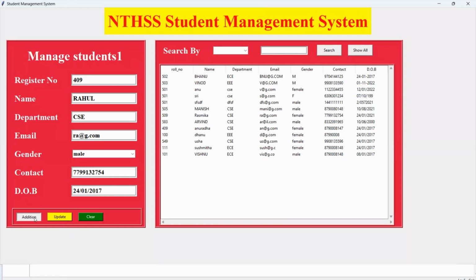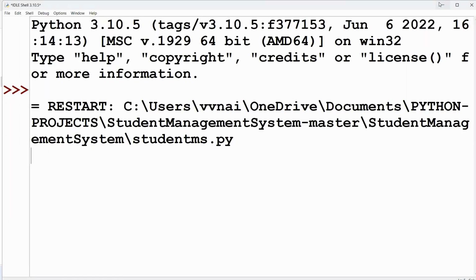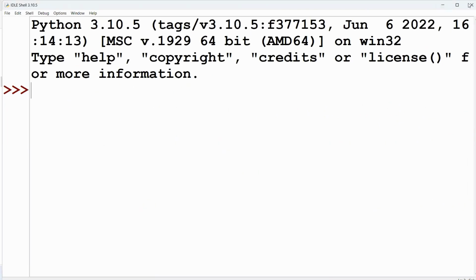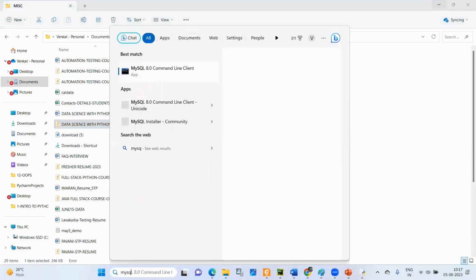Okay. The data has been recorded. It is reflected too. Here you see. If you ask me, sir, where exactly has this data been saved? Let me show you that. Now I have shown you what is a front end, what is the code, what is the backend. Complete application I have shown to you. Let me show you the database. Where is this database available?